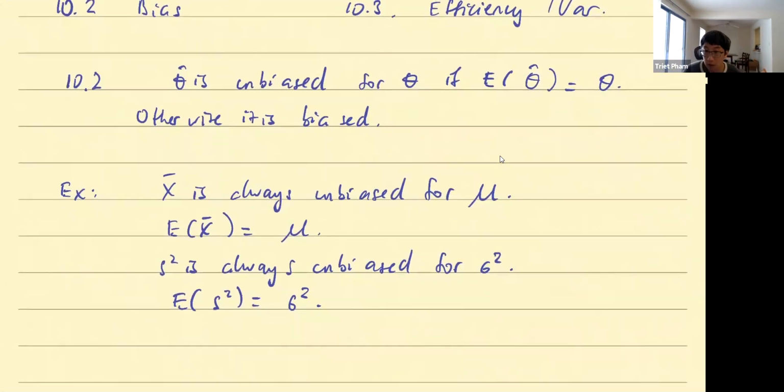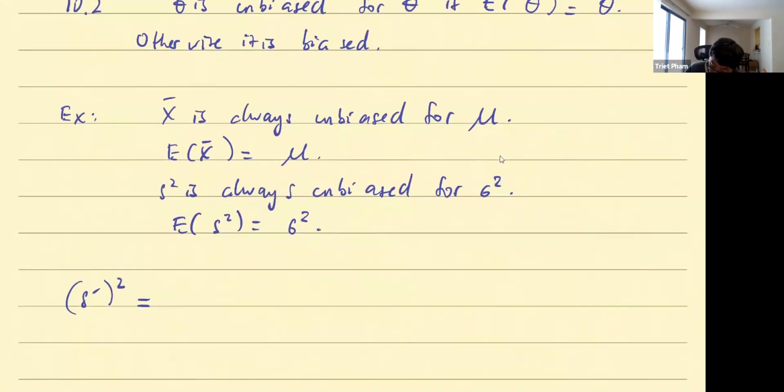Okay. So along that, you have things like S prime square. Remember this guy? This guy is the one that will show up in estimators in general. S prime square is the sum of (xi minus x bar) square over n. So in some sense, S square is the one we use, but its cousin is the one that naturally shows up in the method. Why does it naturally show up? Because we have sample size equal to n. So when you maximize or when you take the moments, it just naturally divides by n. You don't have n minus 1 to divide by. But anyway, now you see the point: this guy naturally shows up, but is biased